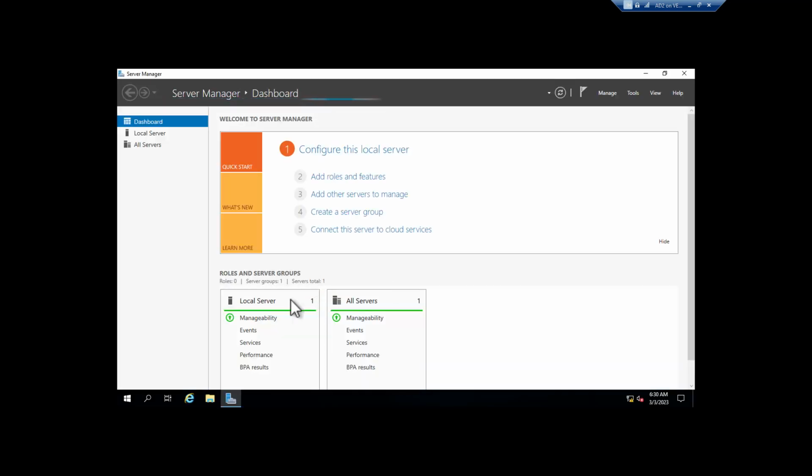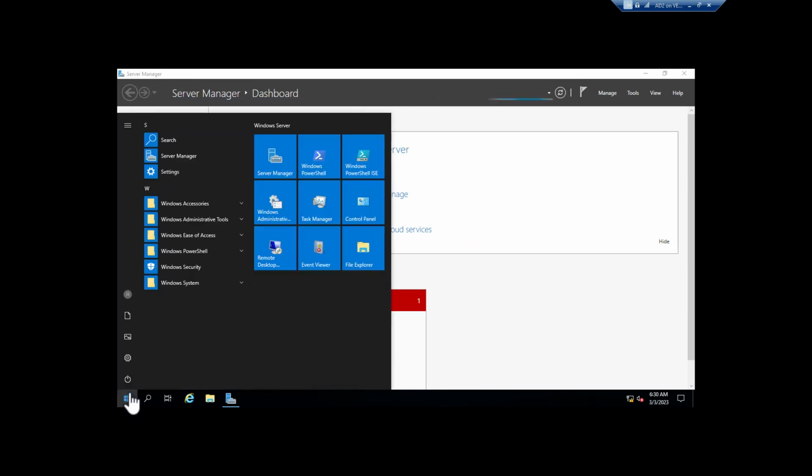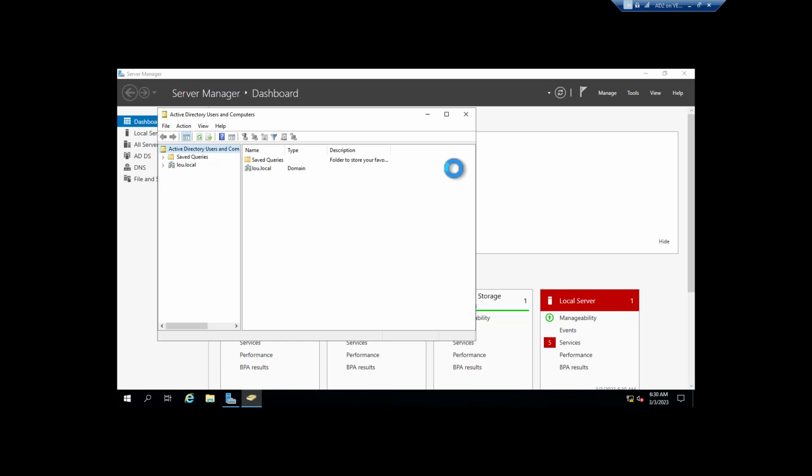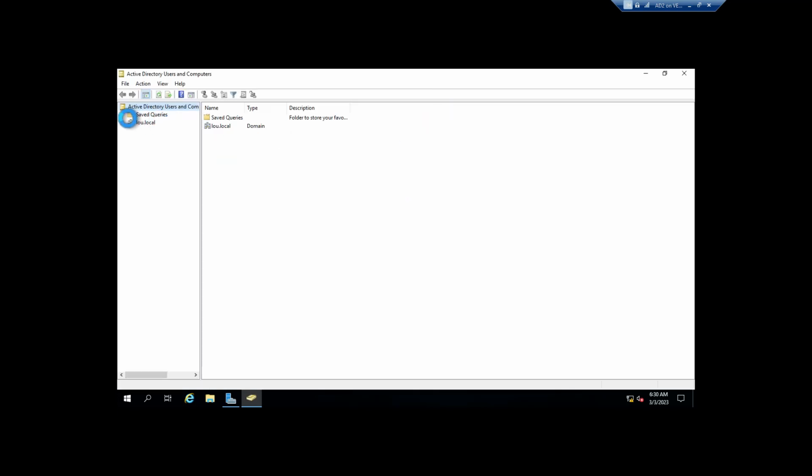So there we go. So now I go in here and go to my administrative tools and go to computers and drill down. There we go. So we have our 2 computers. So we have our first DC, where again, I forgot to name it the cool name. So again, you have to remember that. So there we go. Now we have both computers in here. And just to show you,